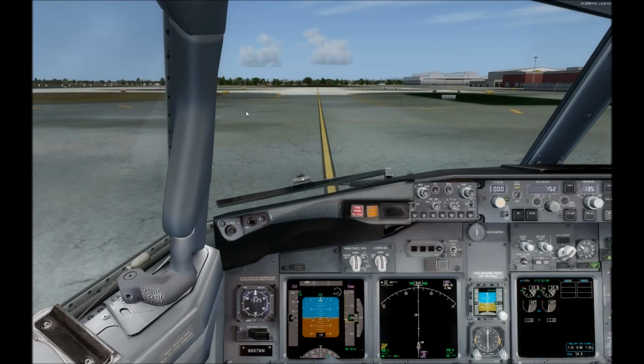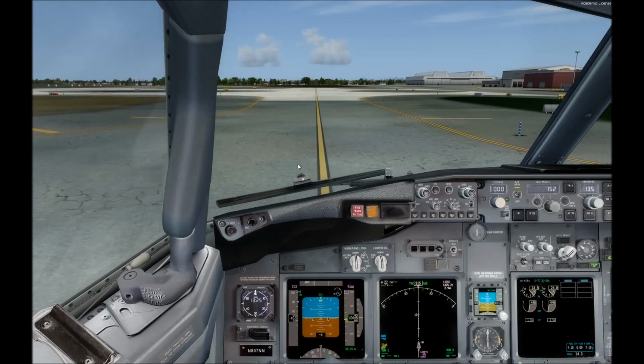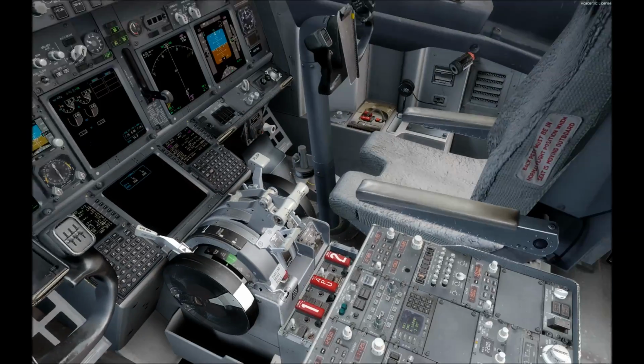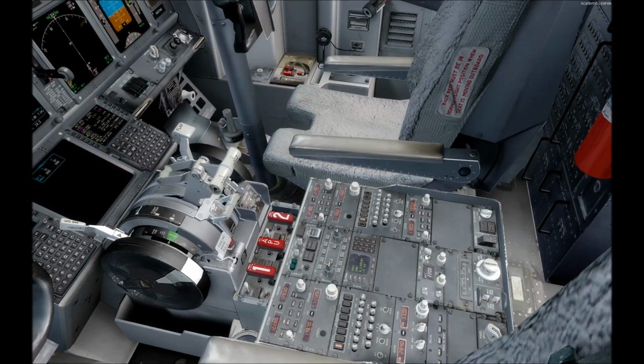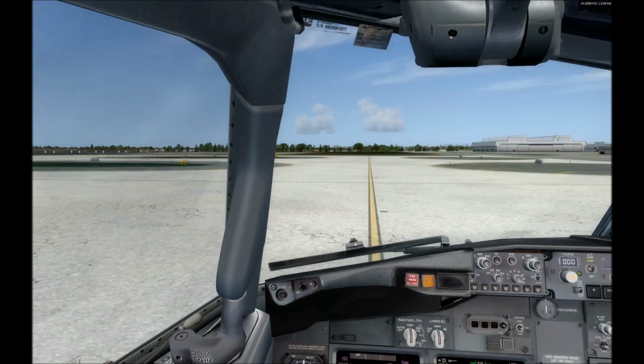Alright guys, welcome back. So we're just approaching 13 right here, about ready to go. We'll get our weather radar on. Let's go ahead and start the clock now. Transponder can go to TARA. And the only thing left to do would be to get our lights, which we will do as we enter